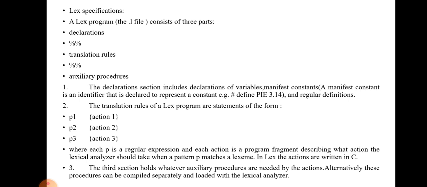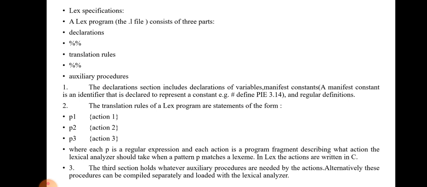These are the syntax. The declaration part includes declarations of variables and constants, and regular definitions. We can define anything in the declaration part before the %% symbol. After the %% symbol, we write the rules to produce a particular token, which have the form P1 {action1}.